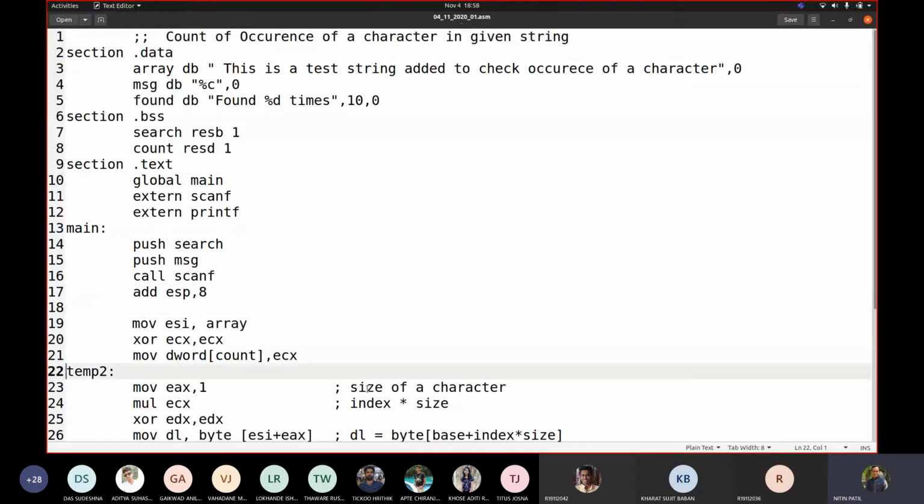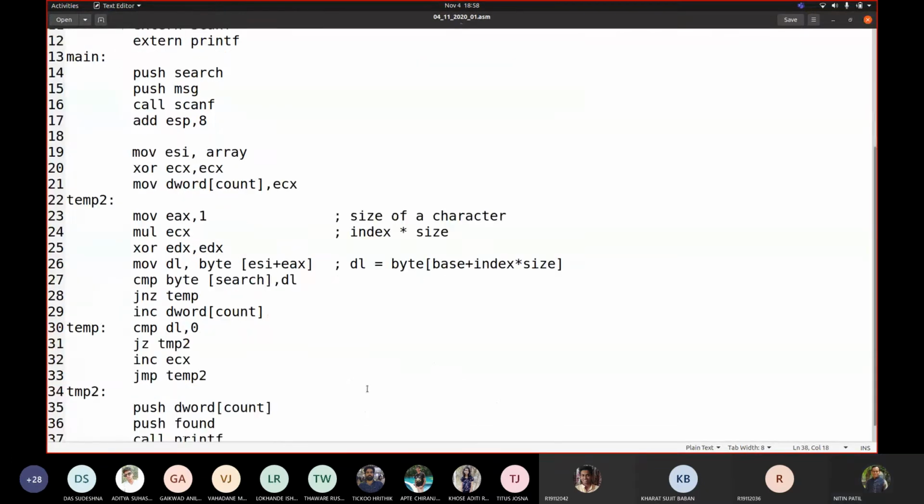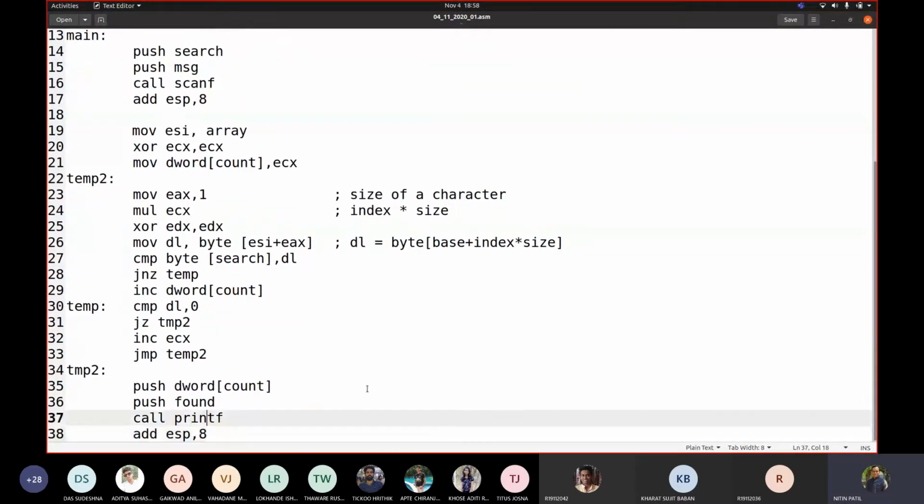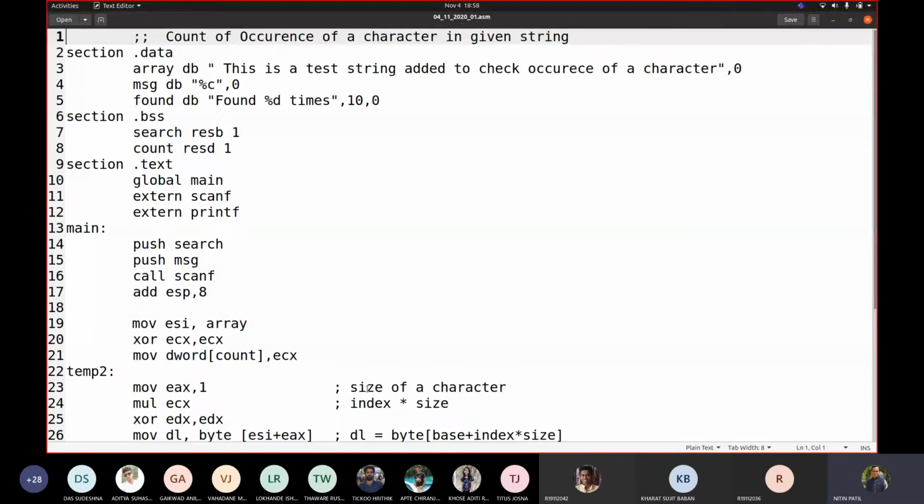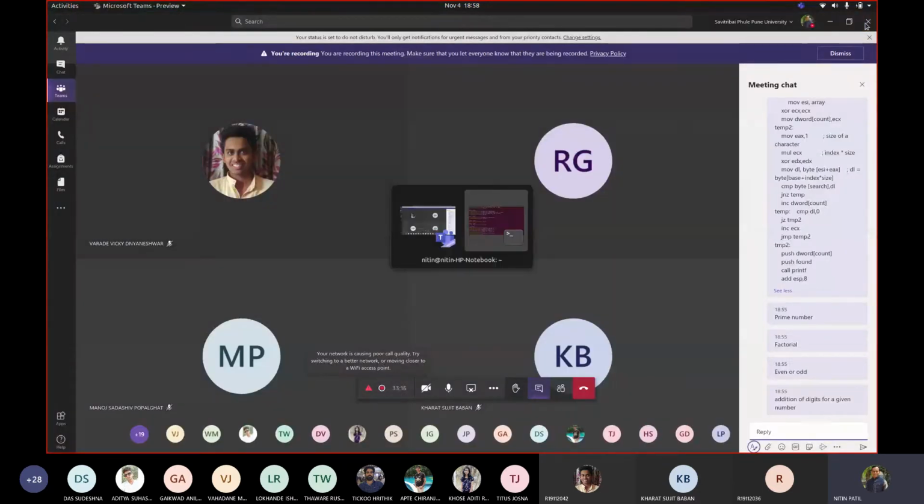I want this code to be written. Can I write this code using a string instruction? Fine. So let us work. I will try to write a code.